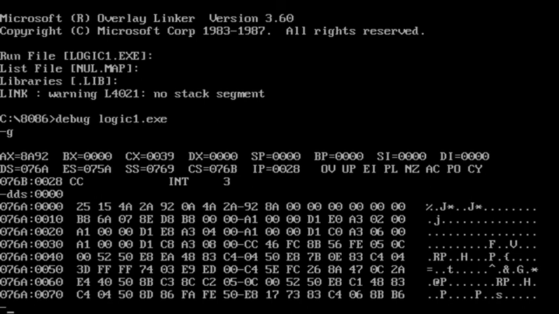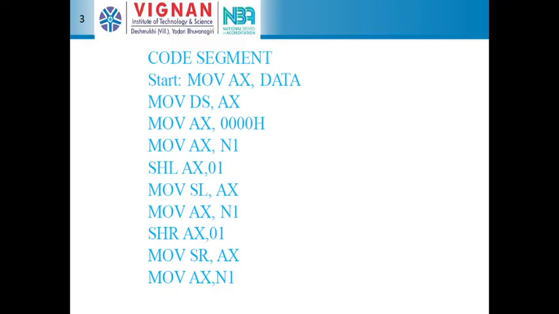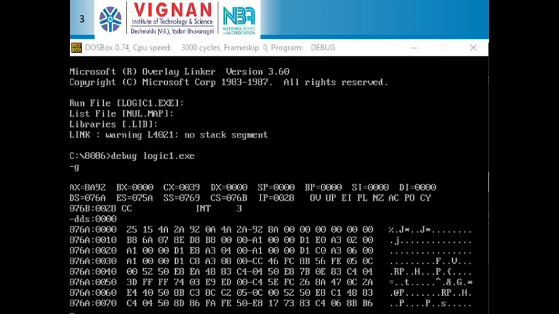I have put the same thing in a PPT, let's see. After this is the result, quit and exit. So this is the answer we got. As per this, the first number is 1525. The 15 is the lower byte and this is the higher byte, that is 0000 25, 0001 15, that is the lower byte.